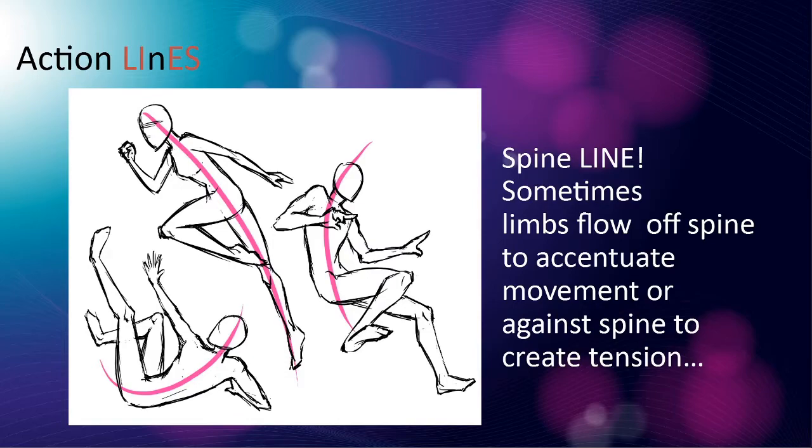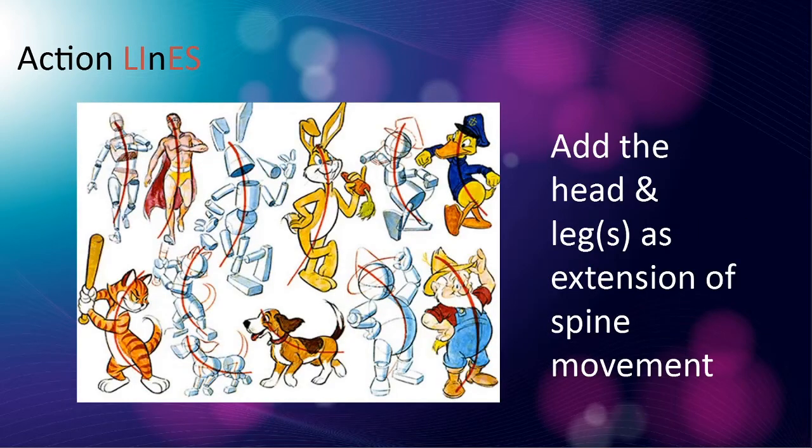So anyways, the action line defines the main movement of the character, and then you can exaggerate that with similar flowing limbs off of the character, or you can make it feel more dynamic and crazy sometimes with perpendicular lines. They create tension. So here's some examples of cartoon characters where there's an action line defined, and then they